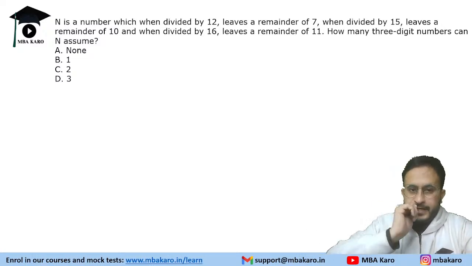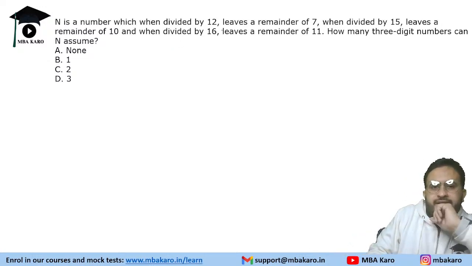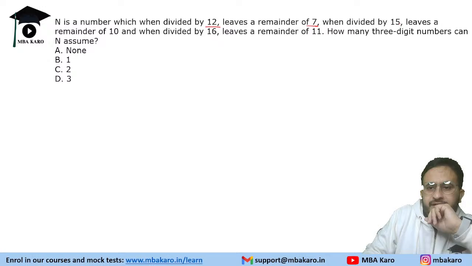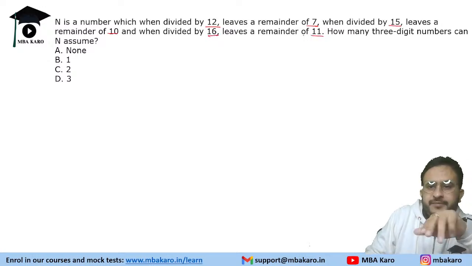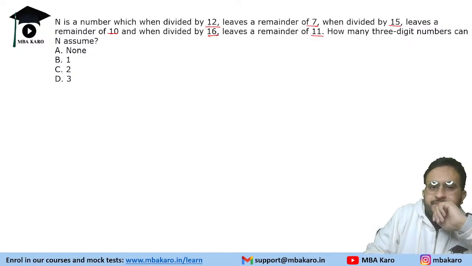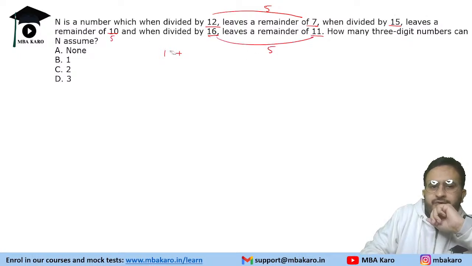So let's see how many values of N are possible. We have that N divided by 11, 12 leaves a remainder of 7, divided by 15 leaves a remainder of 10, and divided by 16 leaves a remainder of 11. So if you add 5 to N, the difference is the same, the difference is 5. From 15 also the difference is 5. So if you add 5 to it,